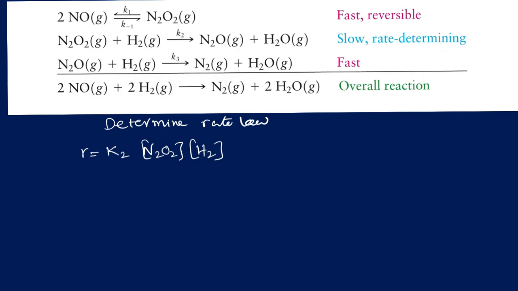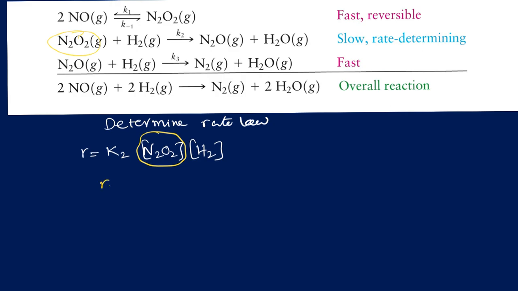Now this N2O2 is an intermediate. In the rate law, an intermediate should not appear. That is, keep in mind, in the rate law, an intermediate should not appear. Therefore, we have to remove this intermediate from the rate law. How to remove? By using the first step. So the first step is an equilibrium. So at equilibrium,